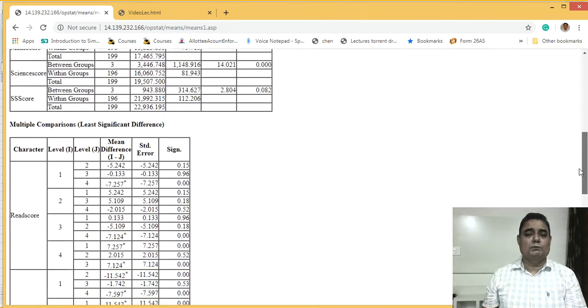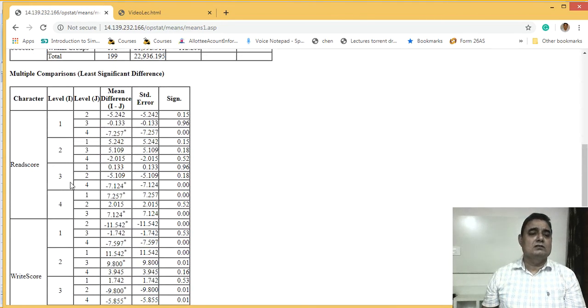For that, the module provides a table in which, under reading score, 1 is compared with 2, 1 is compared with 3, 1 is compared with 4, and their differences are obtained, and their standard error is also obtained. This is the estimate, this is the standard error, and we will find out its significance.